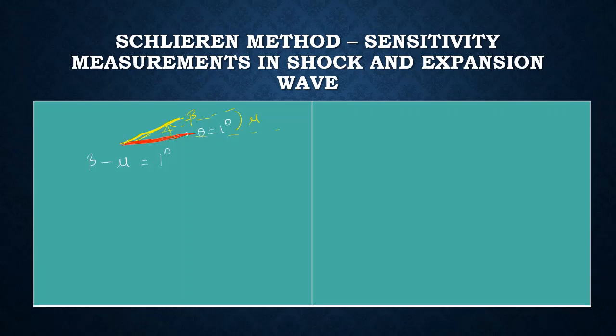For this 1 degree of deflection, you have to find the density variation, and from the density variation you are going to find the pressure variation. That pressure variation is the minimum pressure variation for different Mach numbers. So for different Mach numbers, we have to calculate the minimum pressure ratio. For this kind of flow field, what you are going to do is